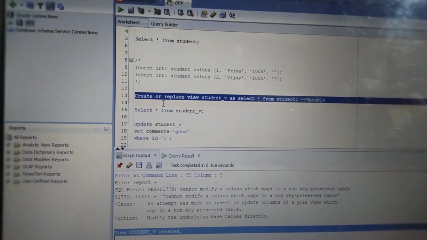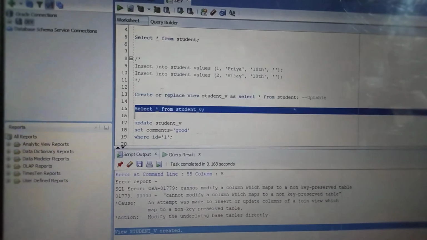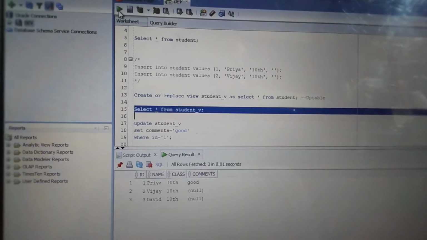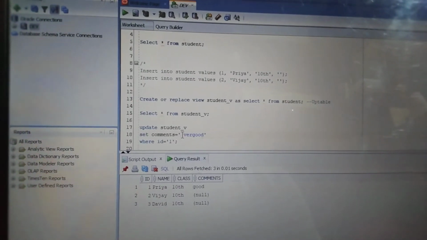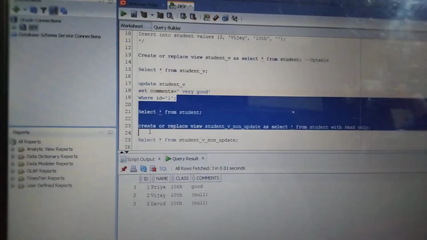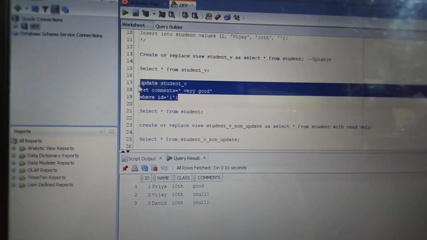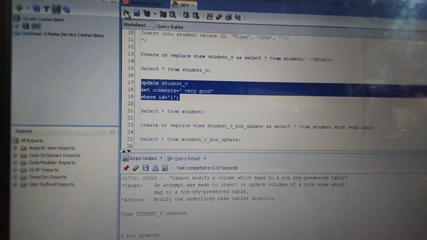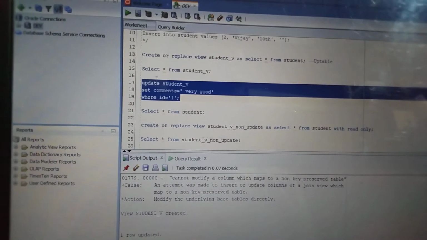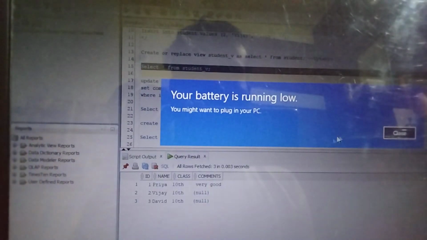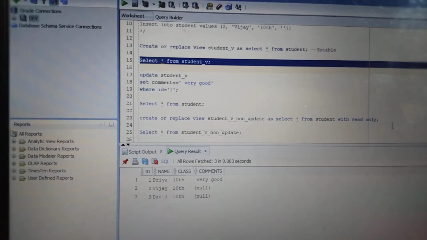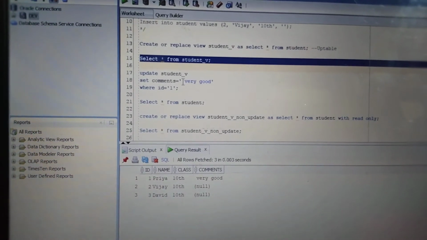Now let's try to update the comments from good to very good for student ID 1. One row got updated, so let's commit it. We can see the changes in the view. The view is updated.